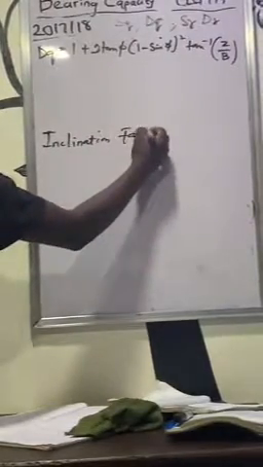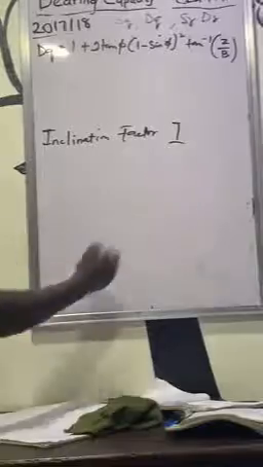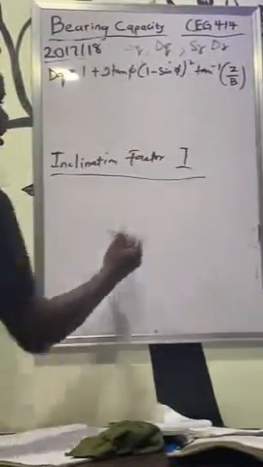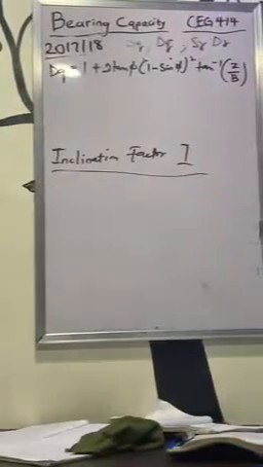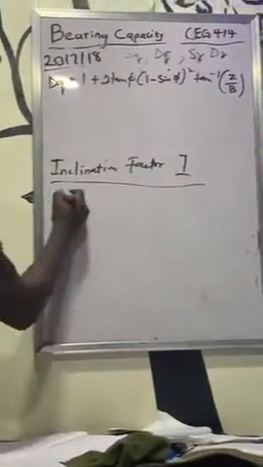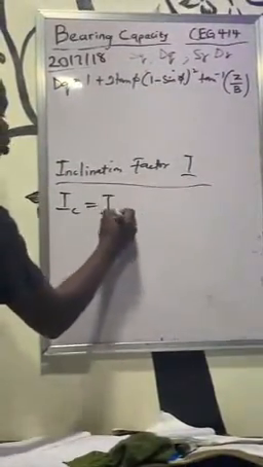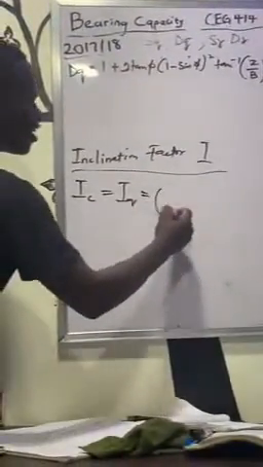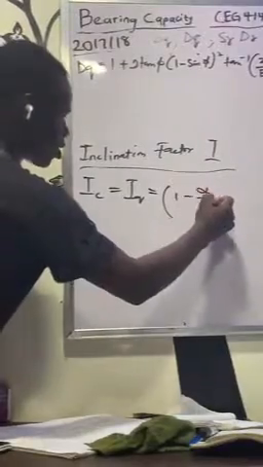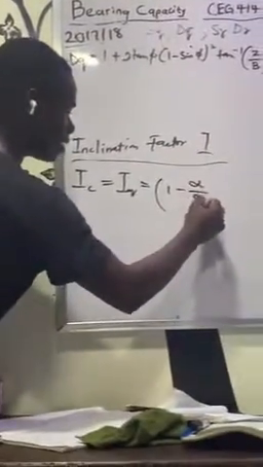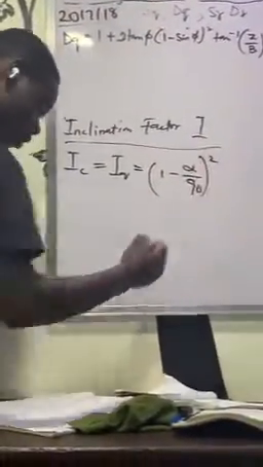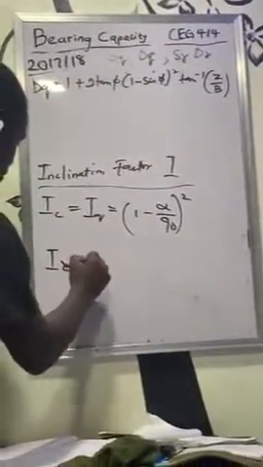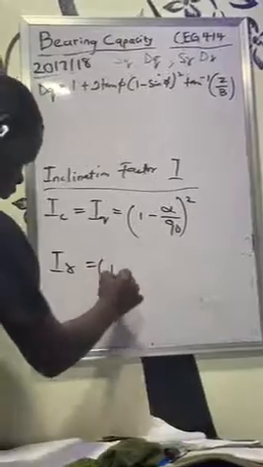Inclination factor is I. When you have I gamma, I C and I Q, in this case IC equals IQ, which equals 1 minus this all over 90, all squared. And you also have I gamma equals 1 minus